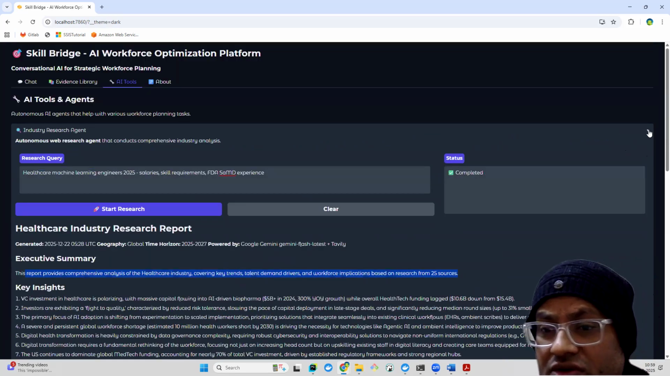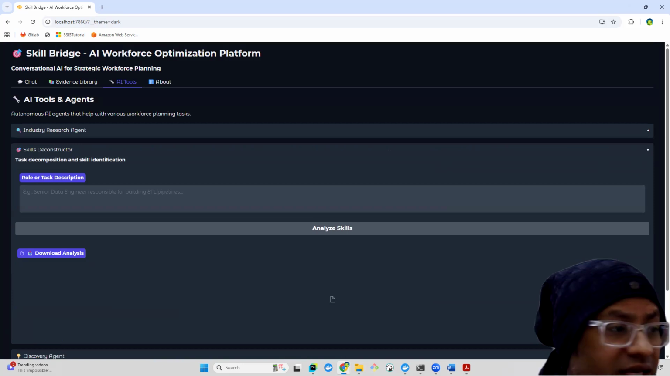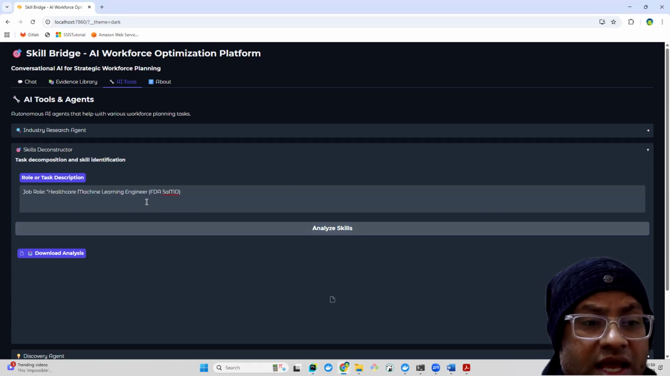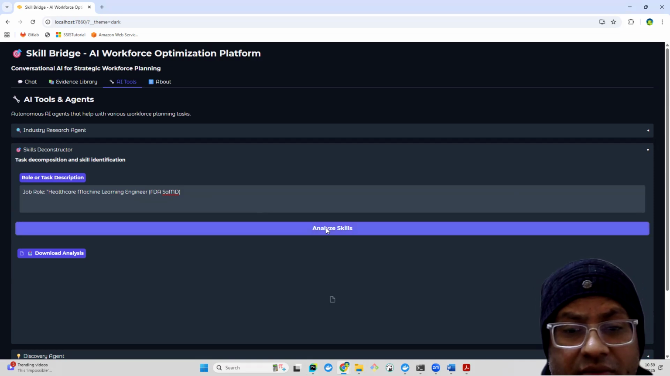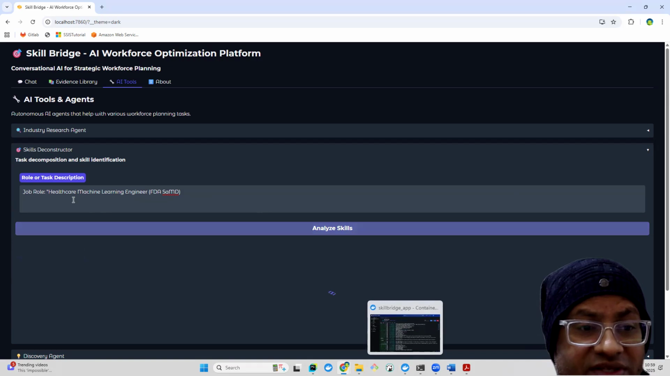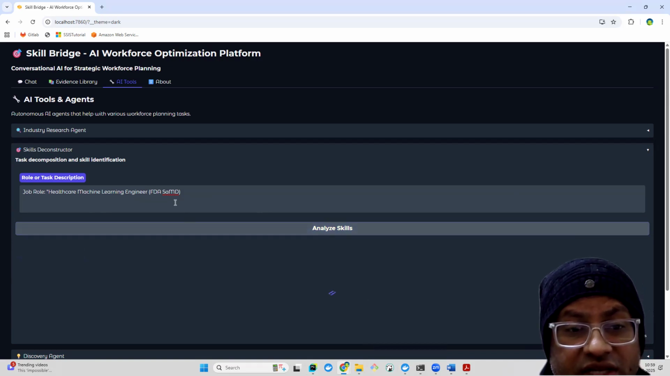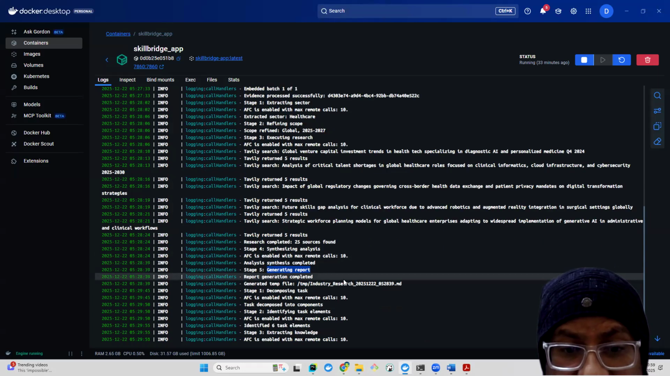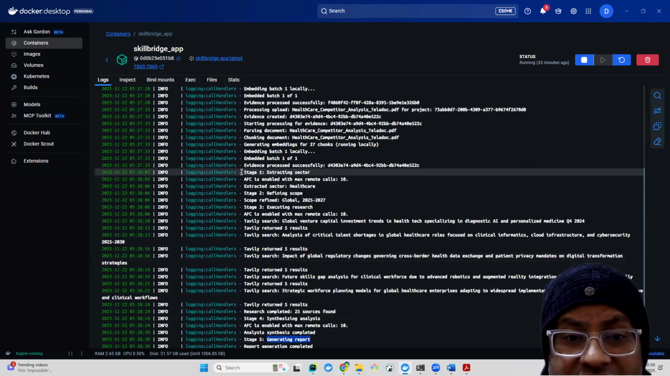So let me collapse that and go to the skill deconstructor. Okay, so now what we want is we can ask this question: job role healthcare machine learning engineer FDA SaMD, right? Let's analyze this. What precisely do we want? We need a healthcare machine learning engineer FDA and SaMD, and then we can see what's happening behind the scene. Again, same process,